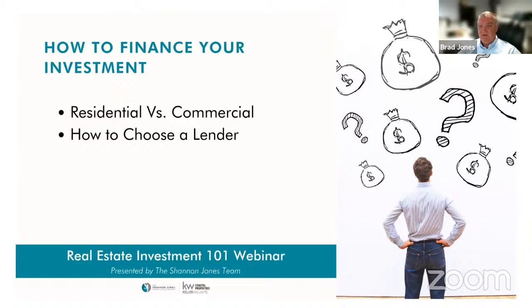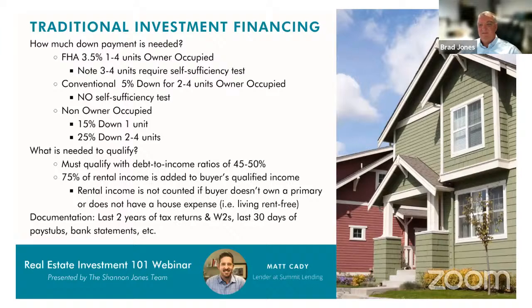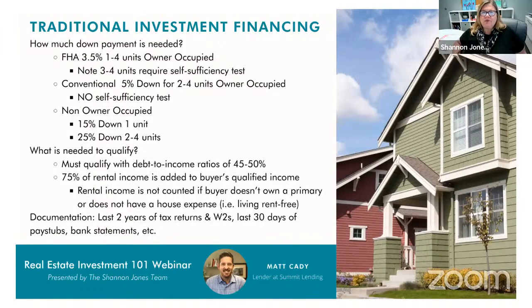There's residential financing, which is a lot different than commercial financing. We work in the residential market. Matt works in the residential market, the 1 to 4 unit properties. And that's what Matt is going to go over. How do you find a lender? Well, you ask a realtor like ourselves and would refer you to somebody great like Matt who can go over all of this information. And just as an aside, if what you are interested in instead is 5+ units